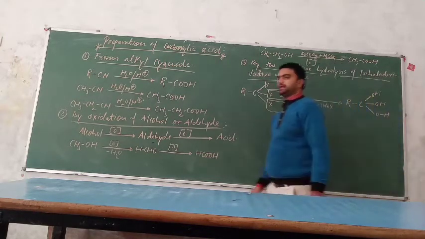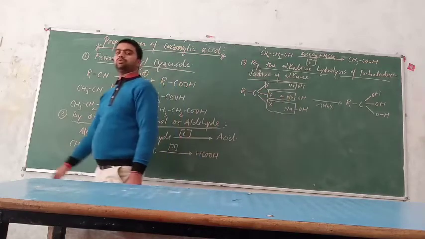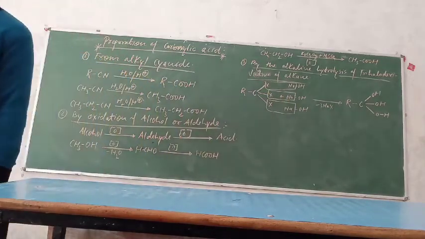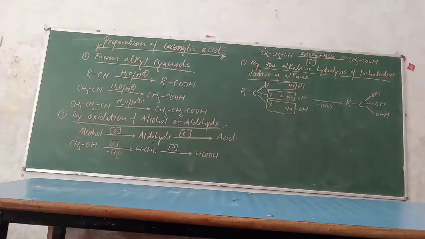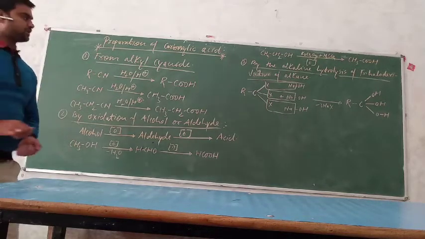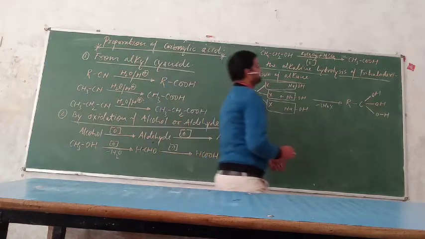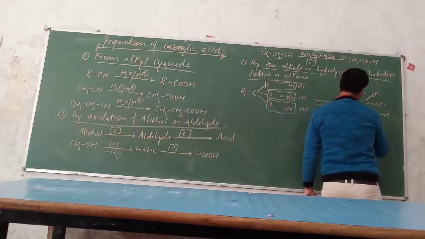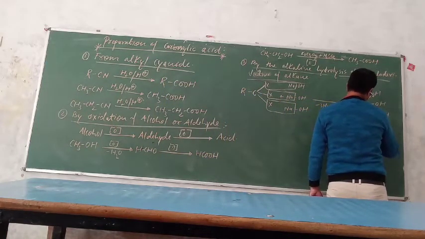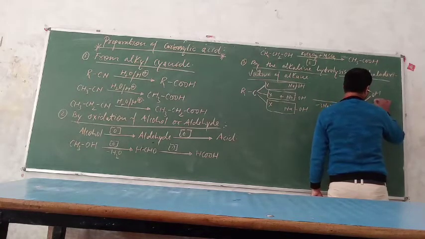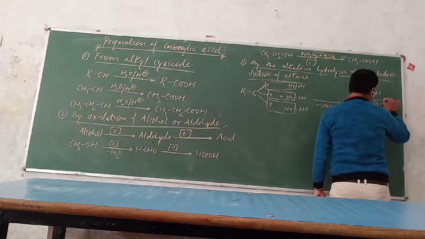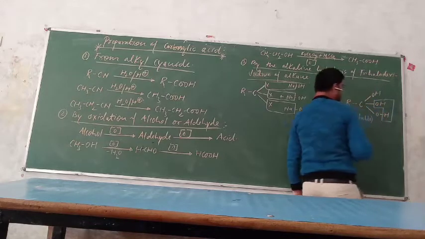As we know, as the number of OH groups increases on the carbon atom, the stability is disturbed. Clear? So this compound is unstable, and for stability, the removal of a water molecule takes place from here,